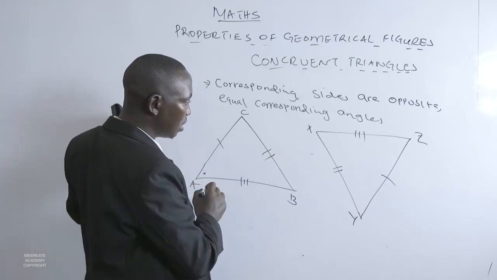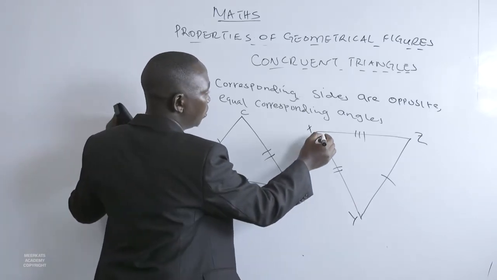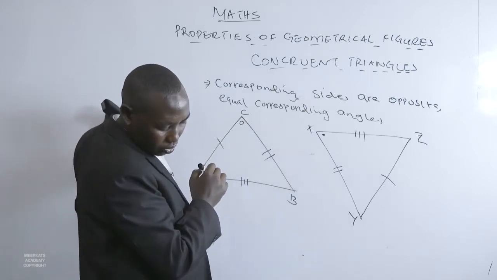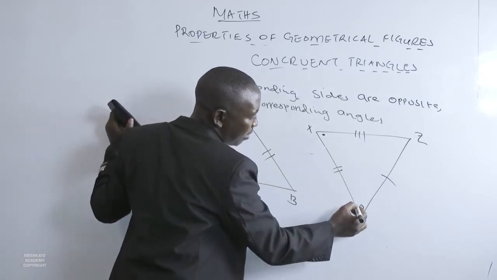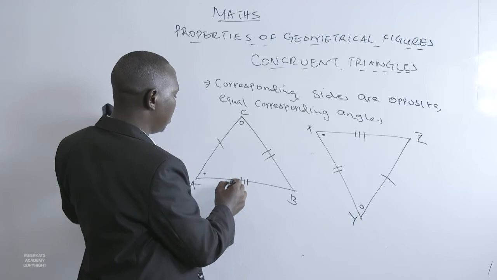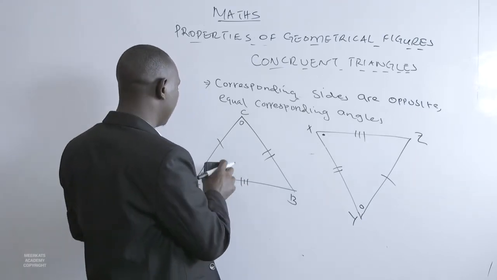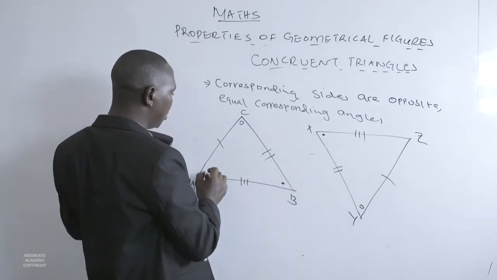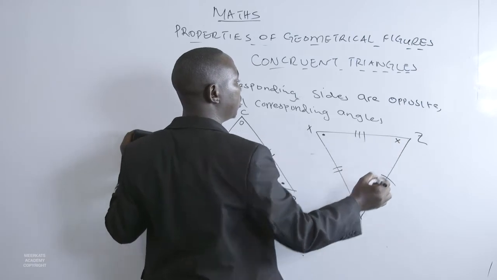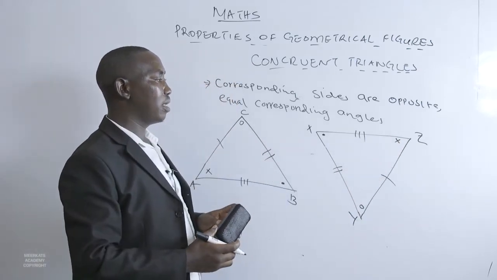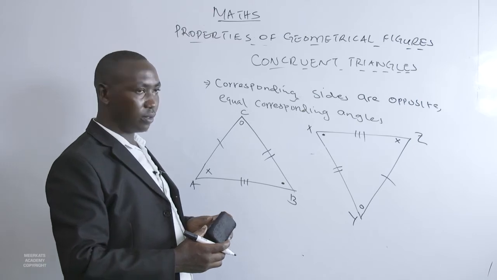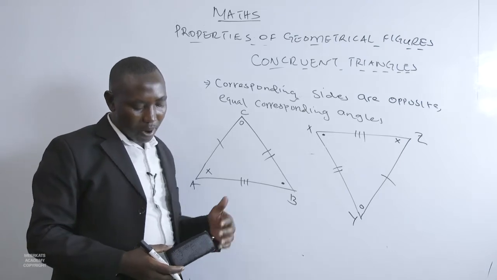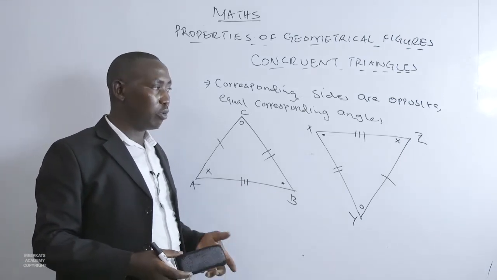Angle A should correspond to this angle, and angle C should correspond to angle Y, and that will leave us with the last one, which will correspond to that particular angle. Now if we are given these two figures and we are asked to match the corresponding sides and the corresponding angles,